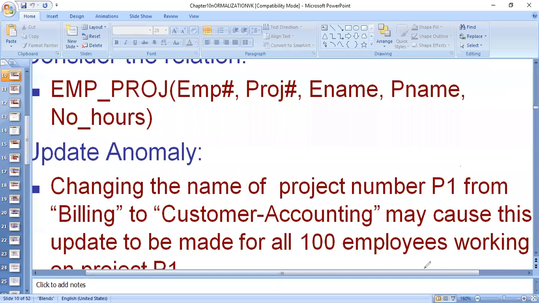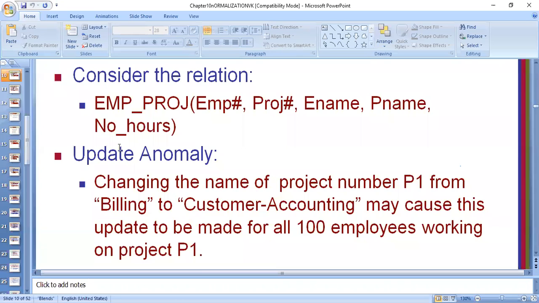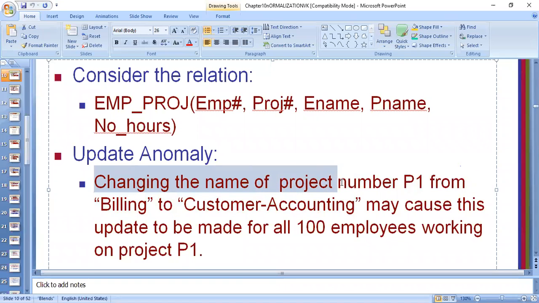Here there is a PPT. I had maximized it for you, so I'll just minimize to read the whole sentence. Update anomaly is changing the name of the project number P1 from billing to customer accounting may cause this update to be made for all 100 employees working on project P1.